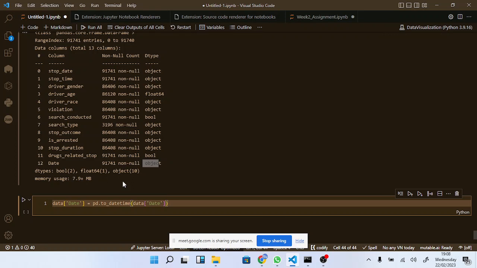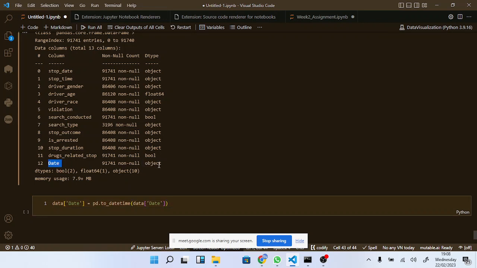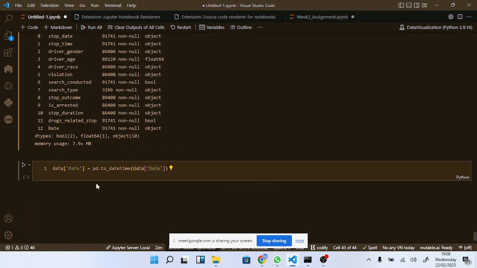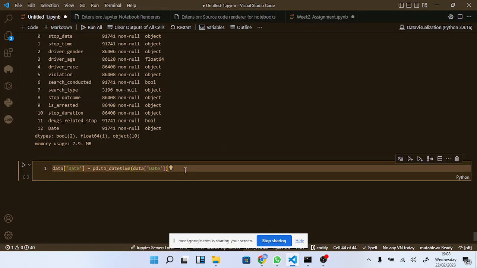So let me repeat that. My date column is being recorded as an object type, which is not correct. So I need to convert the object type into a date type. I use the method called to date time. To date time, you only pass the column you want to convert, that is date, and then I'm overwriting it. So that is it. If I run this,